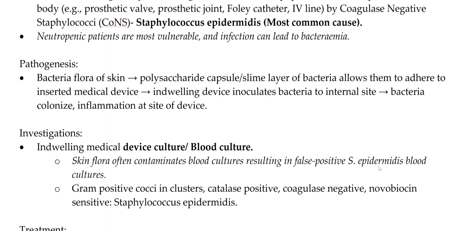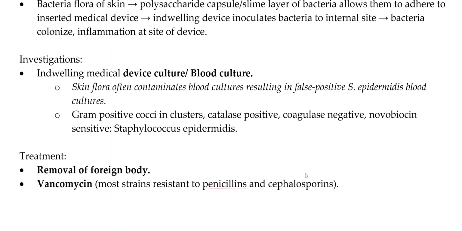There are other coagulase negative staphylococci also which are emerging as pathogens nowadays, like Staphylococcus intermedius, pseudintermedius, hyicus, and so on. So, what could be the treatment? Treatment is obviously an antibiotic, which is vancomycin, because most strains are resistant to penicillin and cephalosporin in such cases. But important is that you remove the source of infection. So, foreign body removal is necessary. Removal of the foreign body with antibiotic, that is vancomycin, is